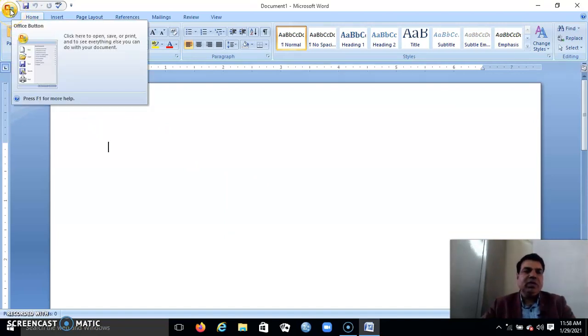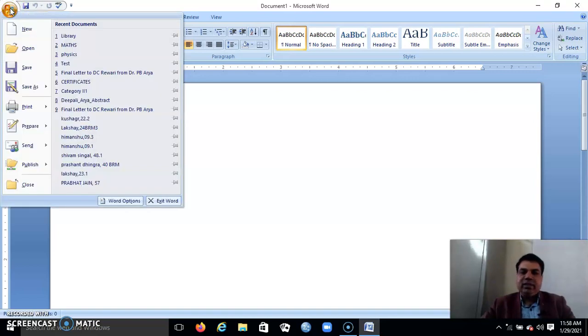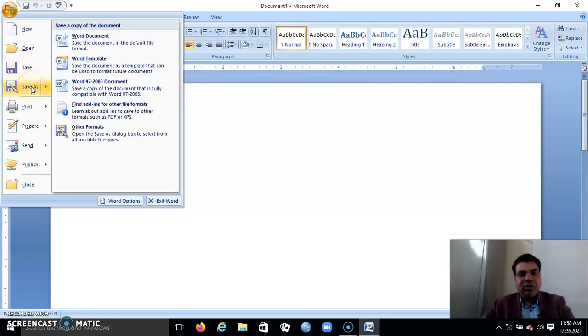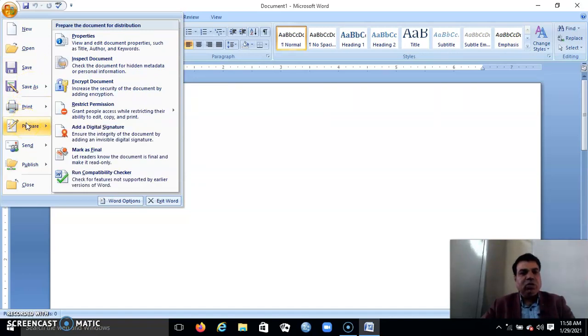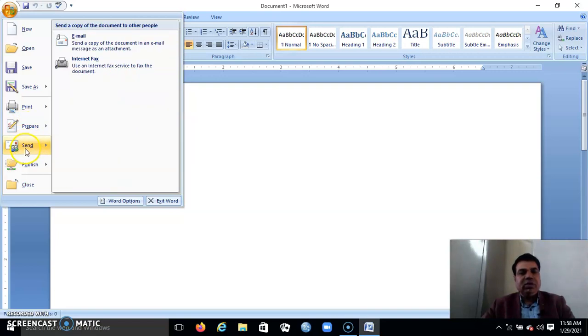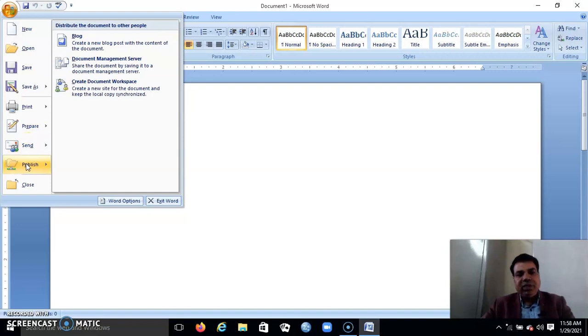This Office button will help you to do routine tasks like creating a new document, opening a document already saved, saving the document with a different name, printing the document, preparing the document for distribution, sending the document by email and internet fax, publishing your document as a blog, or creating a document workspace.